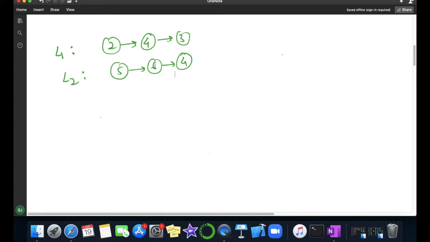So we were given linked lists L1 and L2 having values. L1 was having values 2, 4 and 3, and my L2 was having values 5, 6 and 4. What we did previously was iterate node by node, take the values, and reverse them. So n1 was having value 2, 4, 3 and n2 was 5, 6 and 4, and we returned this in a reverse order.